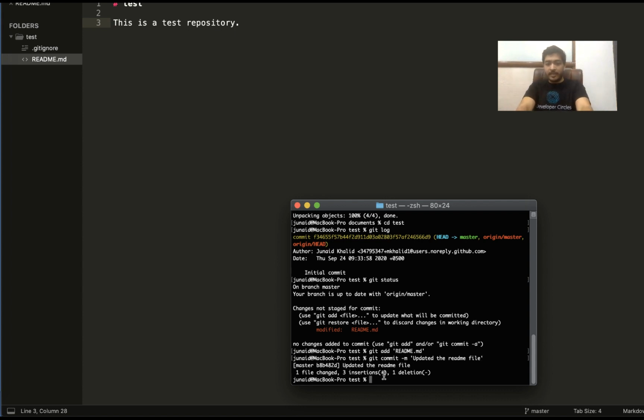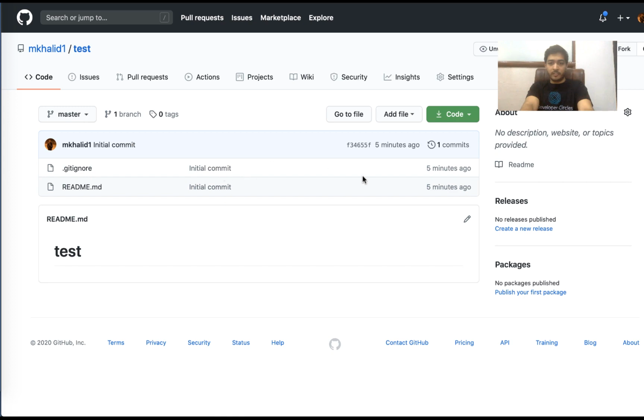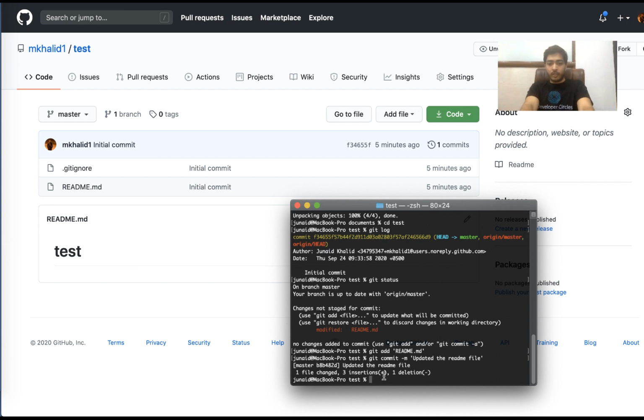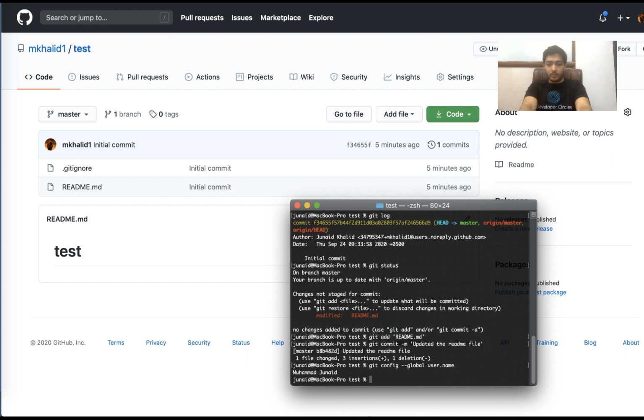So our commit has been added, and now we want to push it to the remote repository, which is on GitHub, this one. So right now if you refresh, you would not see this commit over here because it has not been pushed to the remote repository. Before doing that, if you are new to Git, you most likely would not have connected your GitHub account to your terminal. You can check that by using this command: git config --global user.name. So this is the username which is connected with my terminal right now, and you can also check the email.